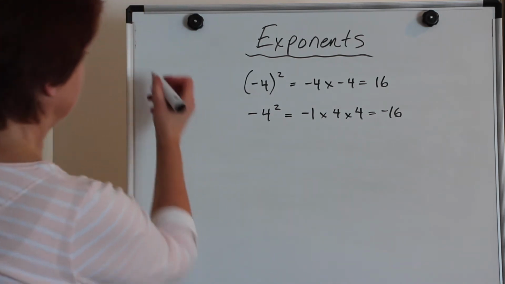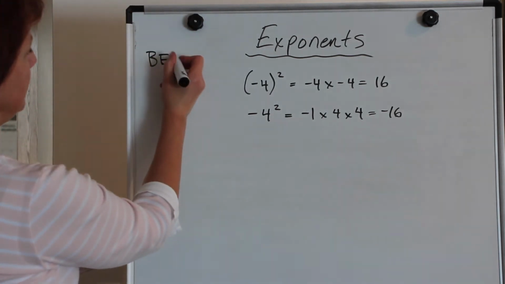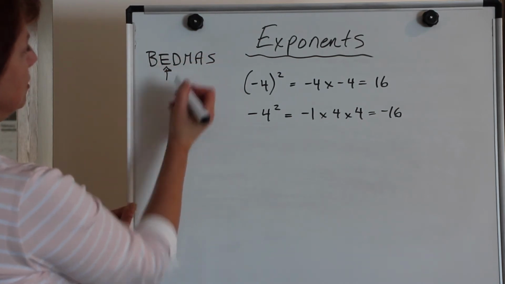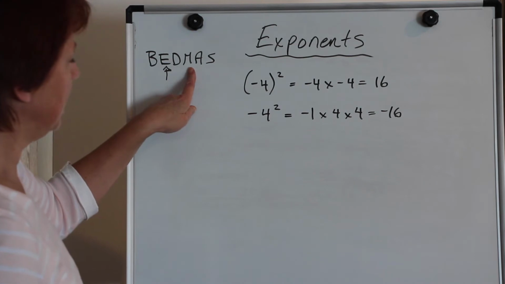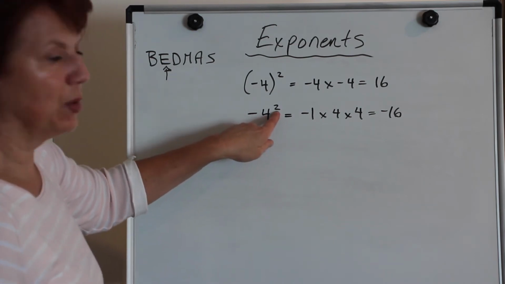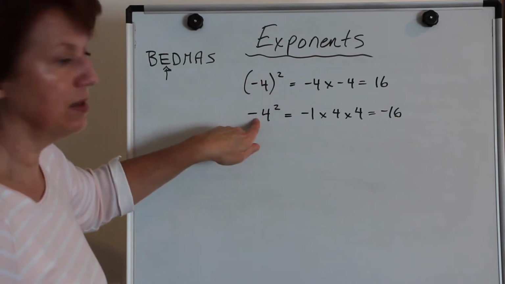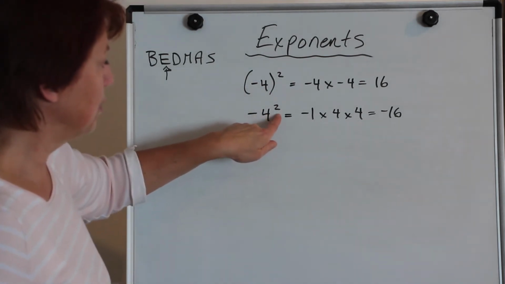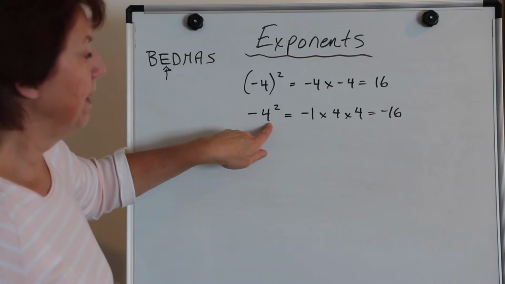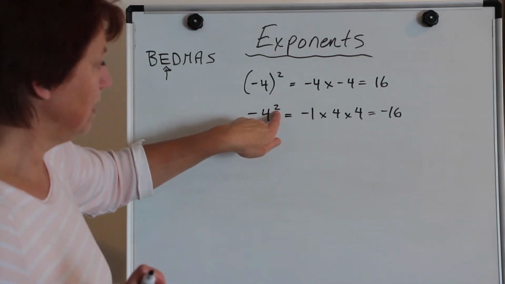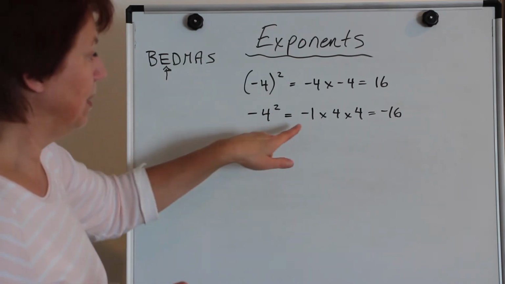And it's a BEDMAS thing, right? So remember your BEDMAS rules say you have to do the exponents before you do the multiplication. So this exponent 2 is not raising that negative. Here it is, but here it's not because it's not in brackets. So it's only raising the 4. So that's why we've got 4 times 4, 4 times itself twice,